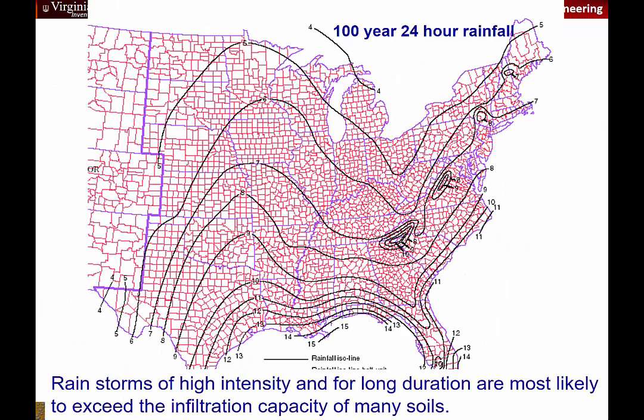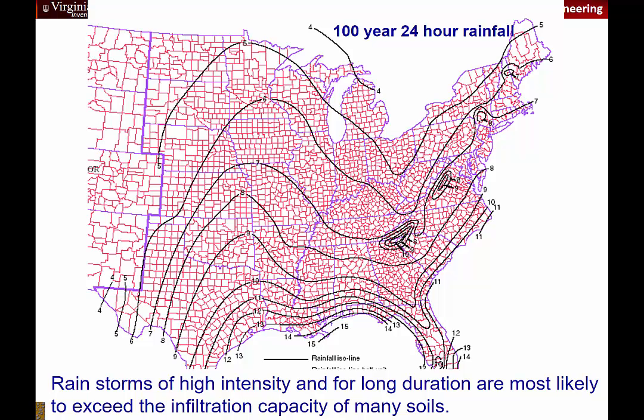Finally, this is sort of the mother of all rainstorms. This is a 24-hour, 100-year probability rainstorm. And we actually had a 24-hour, 100-year rainstorm in Southwest Virginia this year, about 2 months ago. You can see that most of the region falls somewhere between 10 inches all the way down to about 5 inches in central New York and Pennsylvania. So that means that the probability of, say, an 8-inch rainfall occurring in this area in 24 hours is once